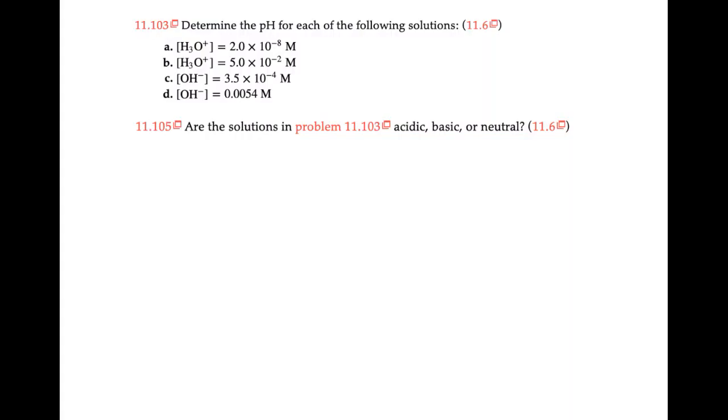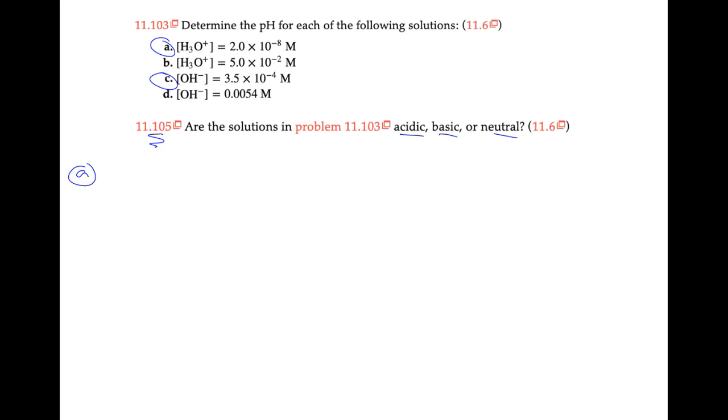Question 11.103 says determine the pH for each of the following solutions. So I thought I could try A and C, and then we could answer 11.105 at the same time. Are these solutions acidic, basic, or neutral? If we take a look at A, we are given the concentration of hydronium, which is 2.0 times 10